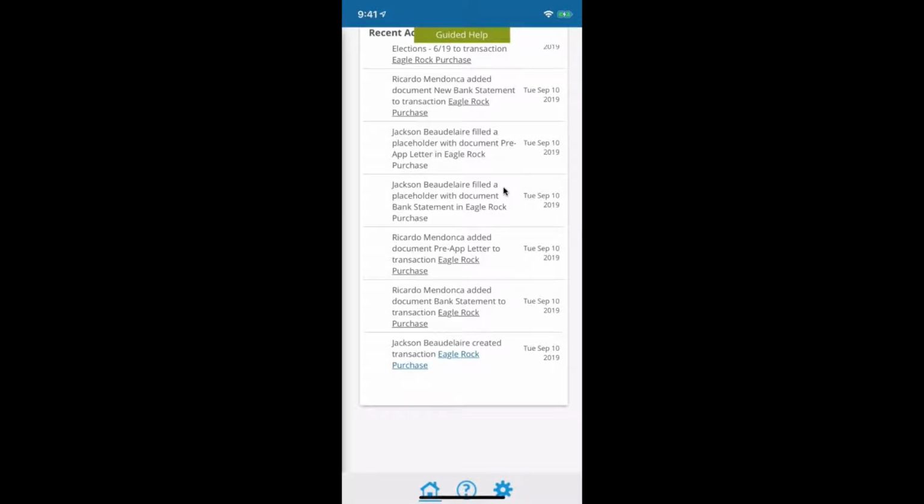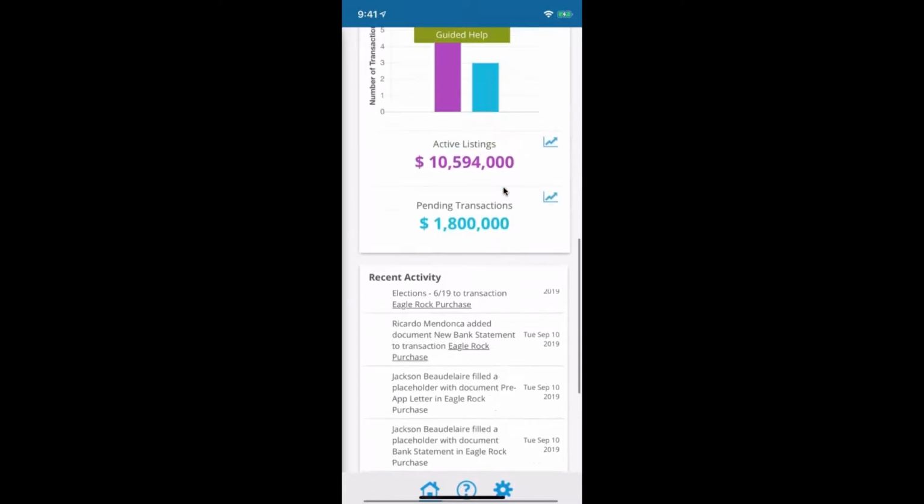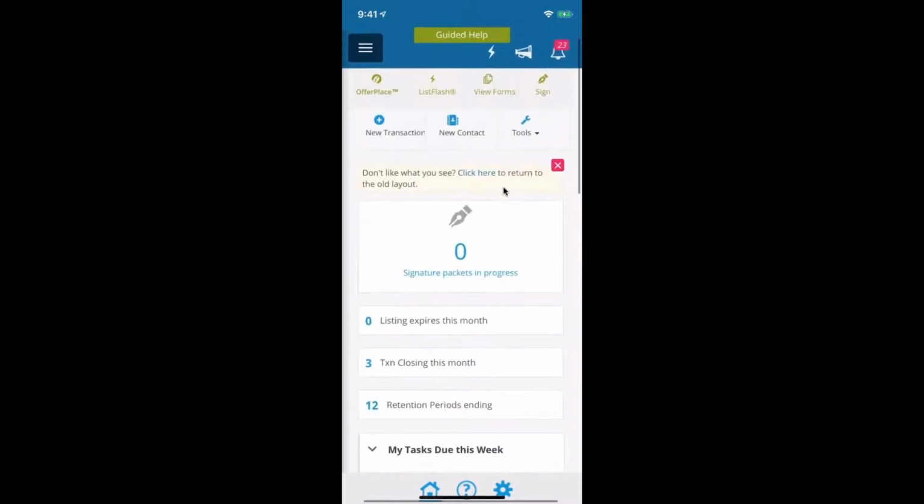It's important to be able to go back that far and see what's going on inside the account. Our dashboard, again, is going to give us access to creating a new transaction. It's going to give us the ability to create a new contact. We can jump into our forms here. We can do a quick sign if there's something that you just need to get signed real quick, especially if